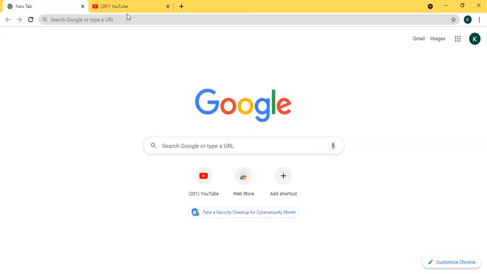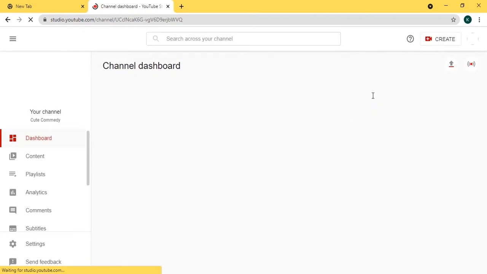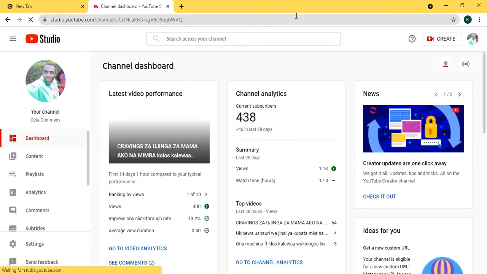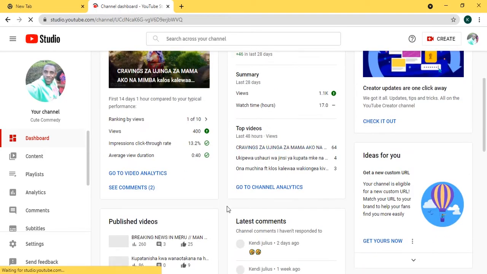So I'm going to start somewhere so that everybody can be on board, right? I'm going to start with the requirements you need so that you can start being paid by YouTube. It is very easy, because some of you already know that. If you're using a mobile phone, click on the dots on the right side up there, then go to desktop mode. The moment you click desktop mode, click your icon and then